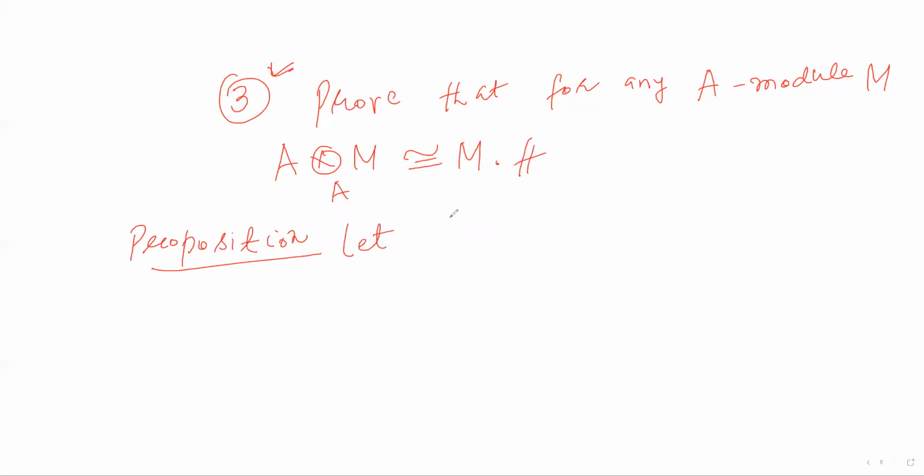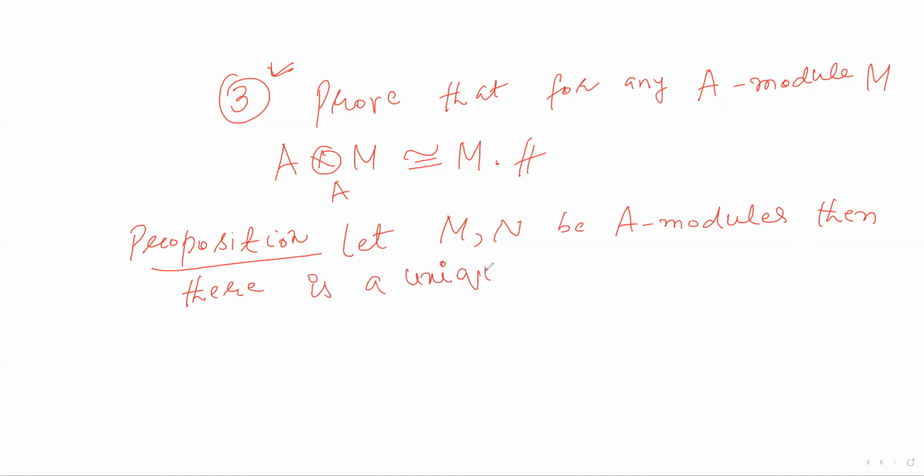Let M and N be A modules. Then there is a unique isomorphism